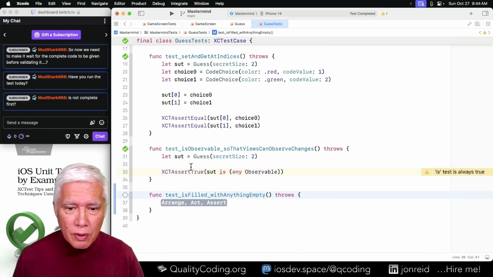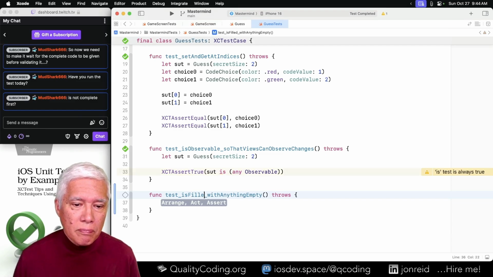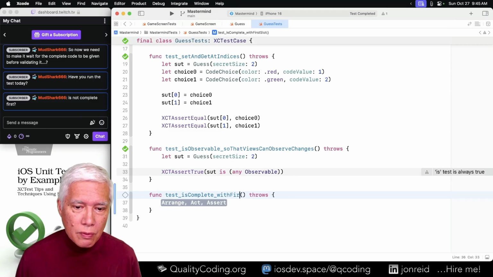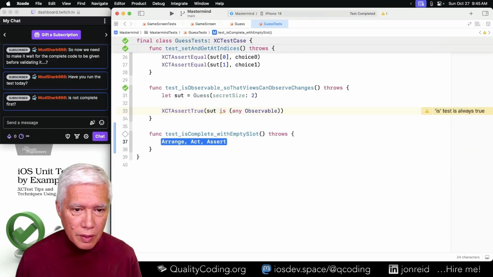Is complete with empty slot. That's kind of good enough for me.